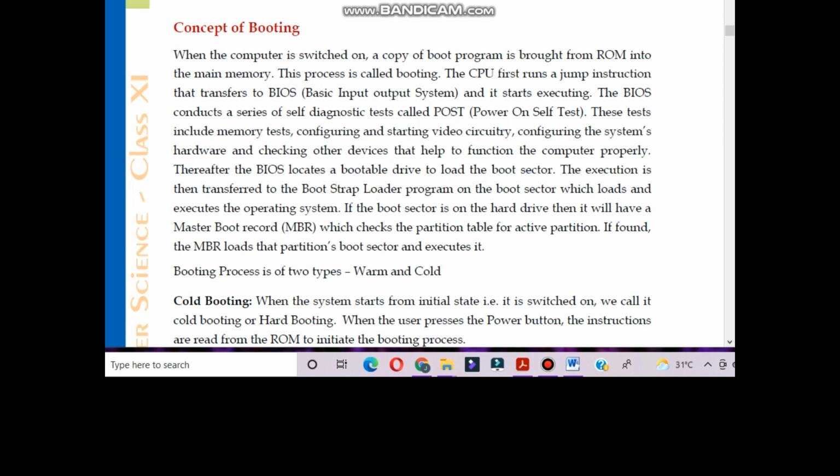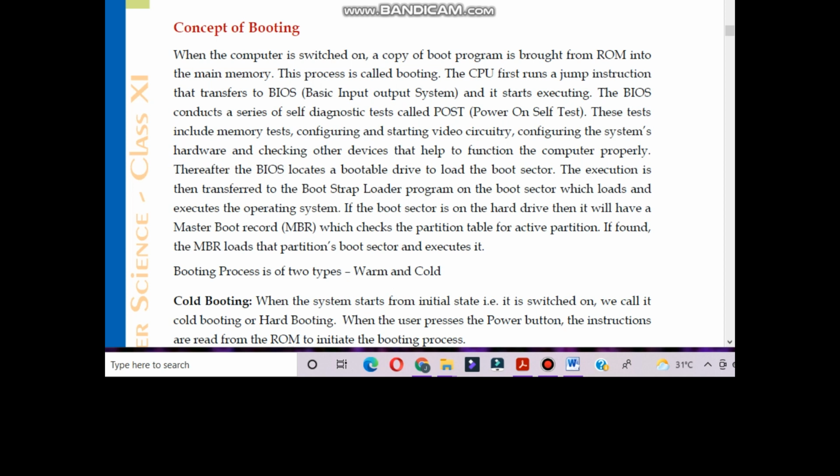The CPU, central processing unit, first runs a jump instruction that transfers to the BIOS, basic input output system, and it starts executing.